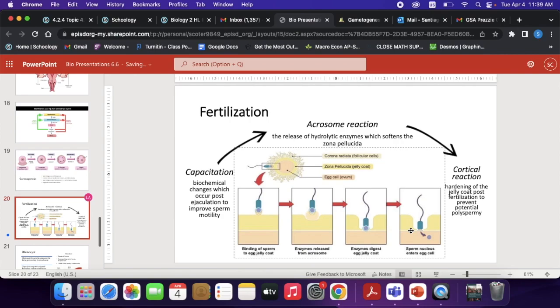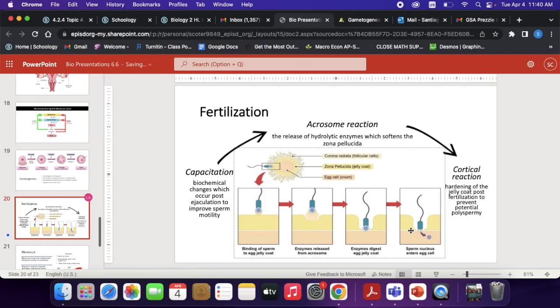Then there's the acrosome reaction, which is basically when the sperm reaches the egg. The acrosome reaction allows the sperm to break through the jelly coat. So the sperm pushes through the follicular cells of the corona radiata and binds to the zona pellucida, which is the jelly coat. Then the acrosome vesicle fuses with the jelly coat and releases digestive enzymes. That softens the glycoprotein matrix, so the sperm can push its way through the softened jelly coat and bind to exposed docking proteins on the egg membrane. Then the membrane of the egg and the sperm fuse,